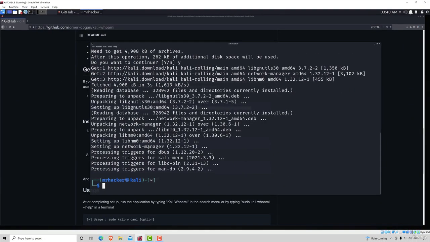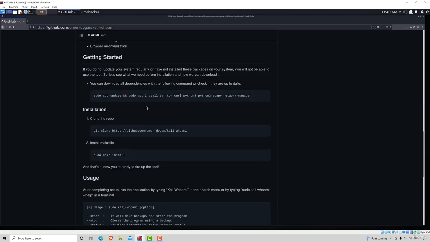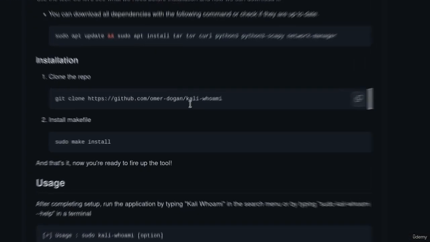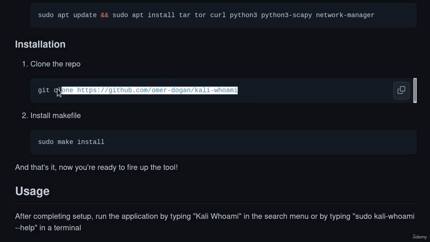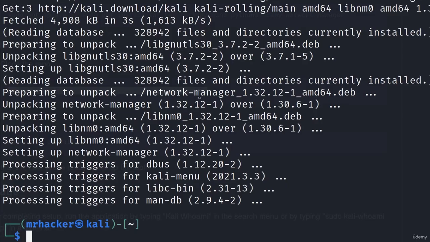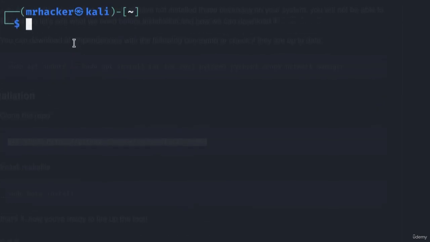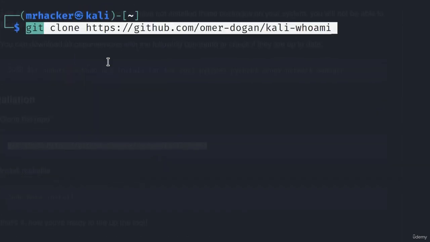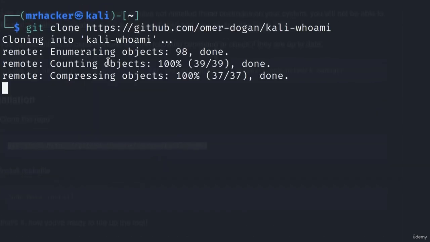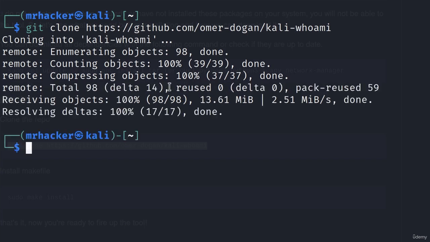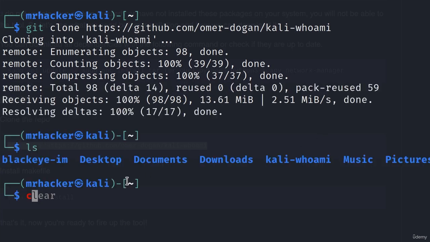Okay, here it is. The command has finally finished, and now let's proceed to actually install the tool. Here are the steps. First, we git clone the repository. Let me just clear the screen. Paste the command. And let's git clone this tool. Once that's done, we want to navigate to the tool directory, which is right here,